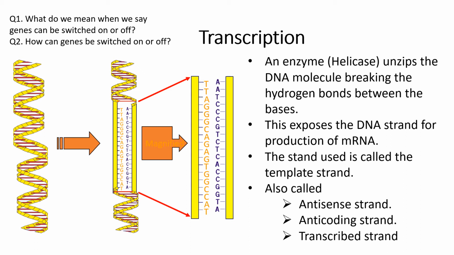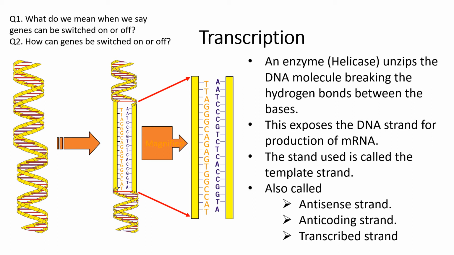In terms of turning it off, transcription only occurs when you have a transcription factor bind to the DNA as a starting point, and that is where we switch genes off by stopping that binding to a particular promoter site. If we don't bind to the promoter site, transcription does not occur and the whole process stops,